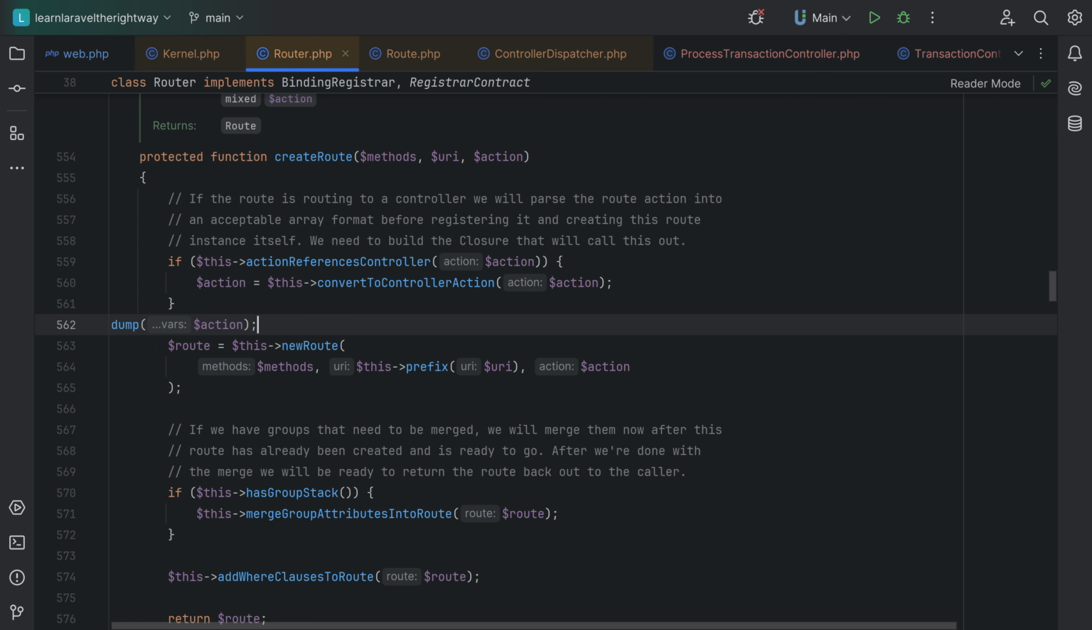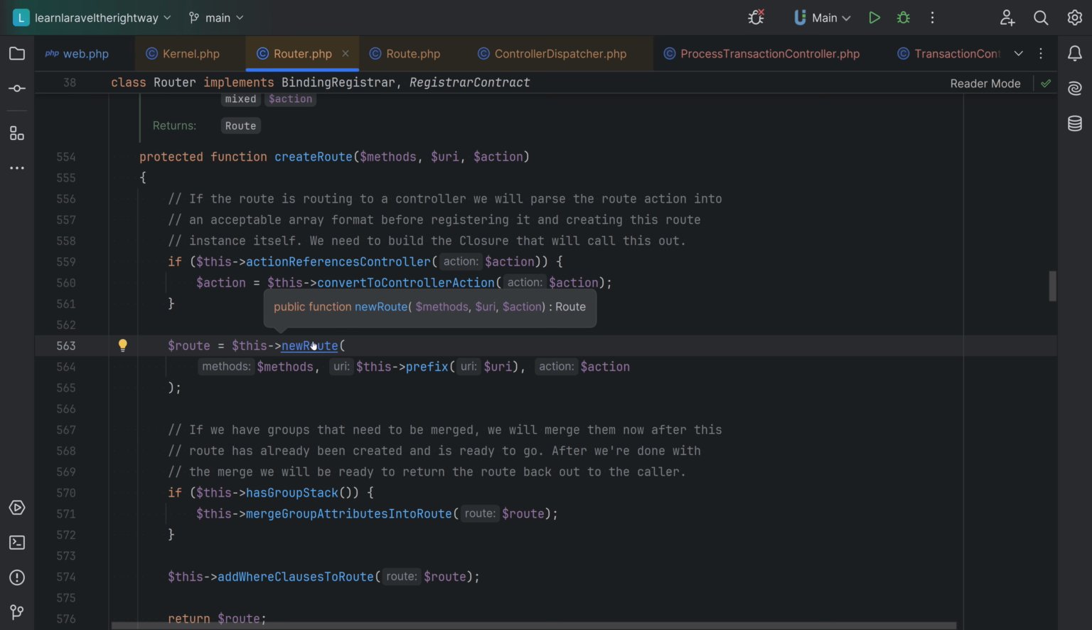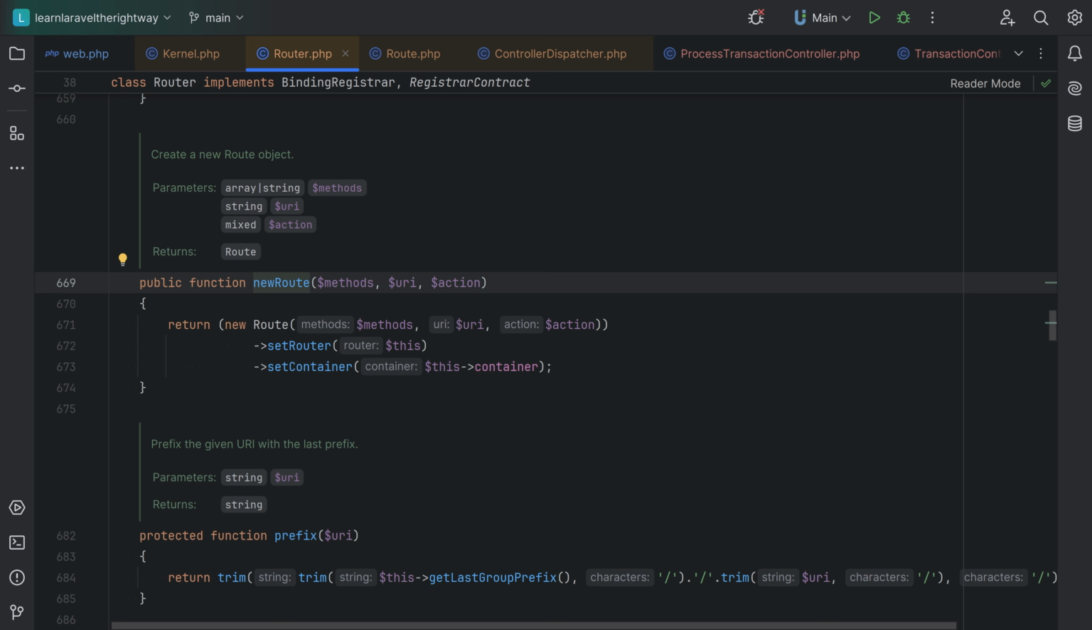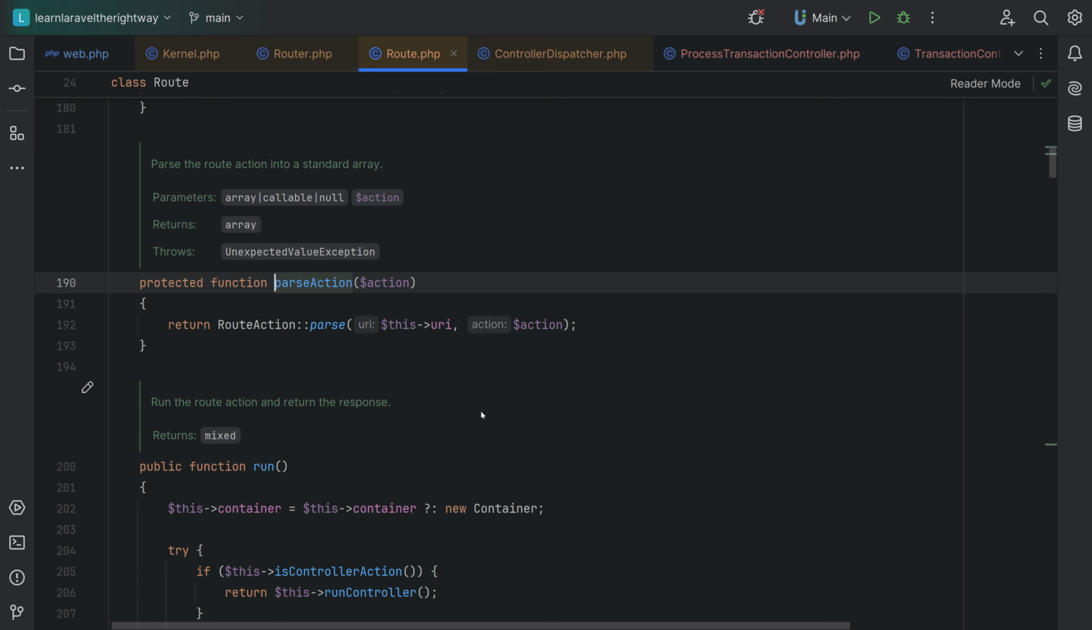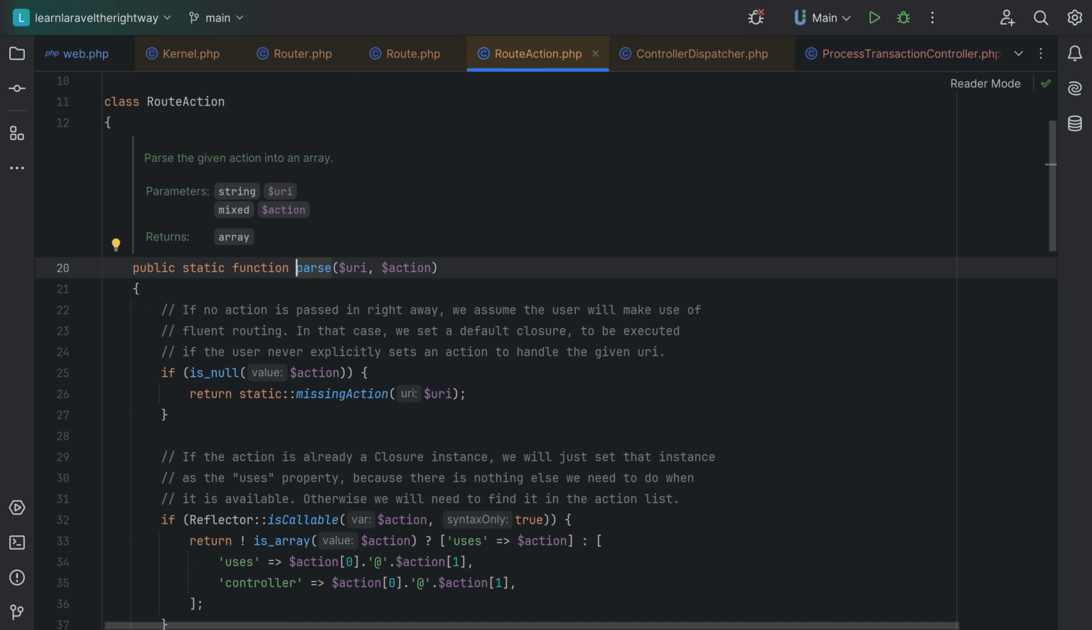Let's go back. Let's dig into the new route method here. So let's see, we're passing the action here, and let's check what the route does. So we're parsing the action right here. Let's see how the route action gets parsed. So we have the route action class that calls the parse method. So let's go in here